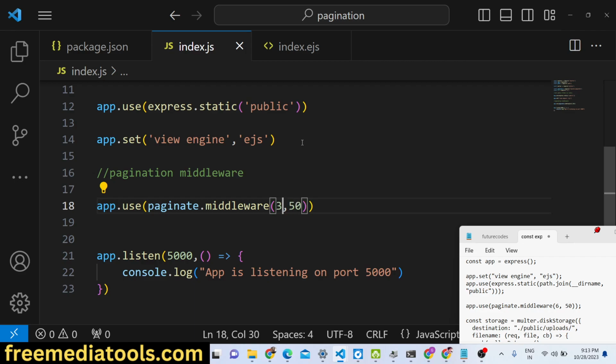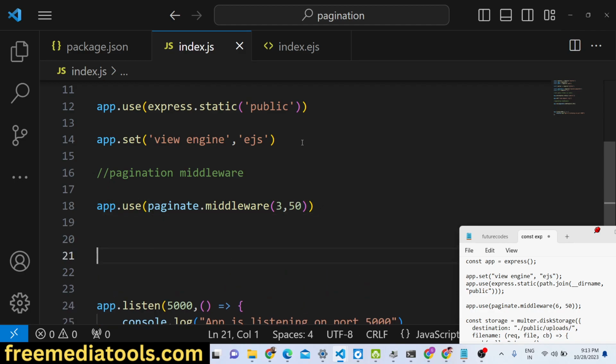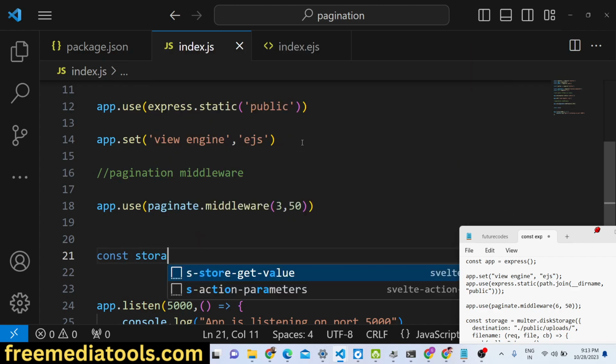So the first argument is the actual number per page, and the second argument simply means the maximum number of images that you can display. We have set a limit right here. So these are two completely different things. And now we just need to